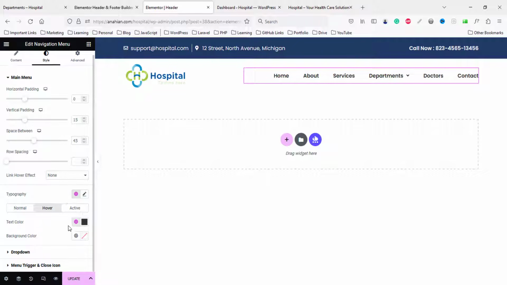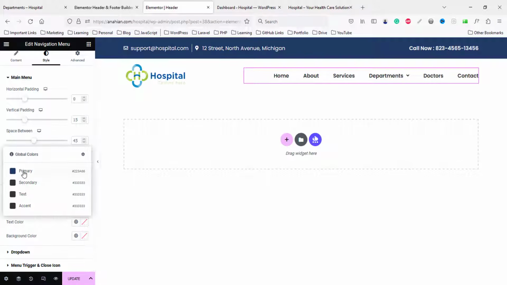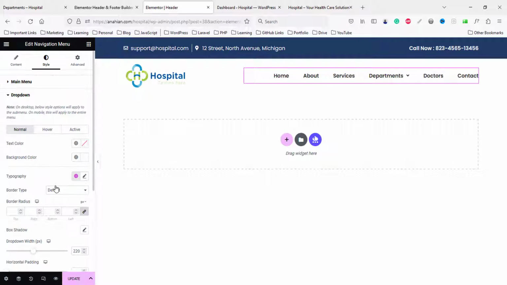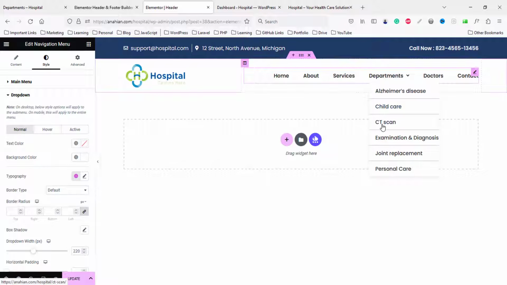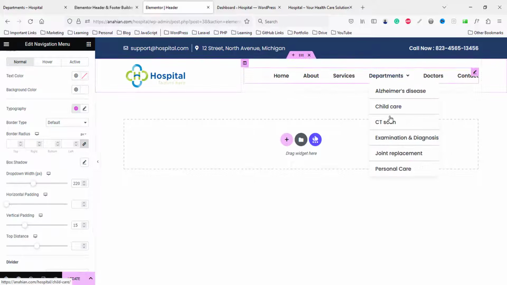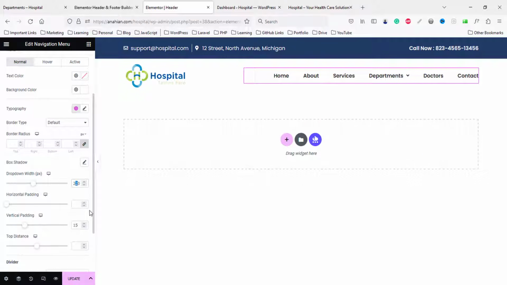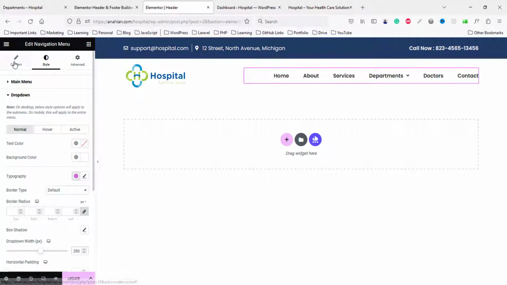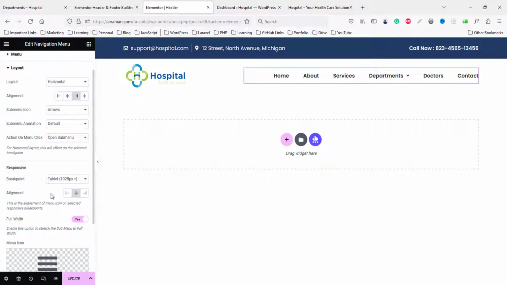Now hover color, we can choose hover color to our primary color. Okay, and active color we can choose our primary color, and this is for drop down settings we can choose drop down color. If we here it is default, okay, no problem, it is perfect. And here everything we can increase some size like 280. So we have enough space from here. And from content layout we can choose here layout menu, sub menu icon, plus sign. Okay, plus sign, open sub menu, and sub menu animation slide up. Yes, this one. So click on update